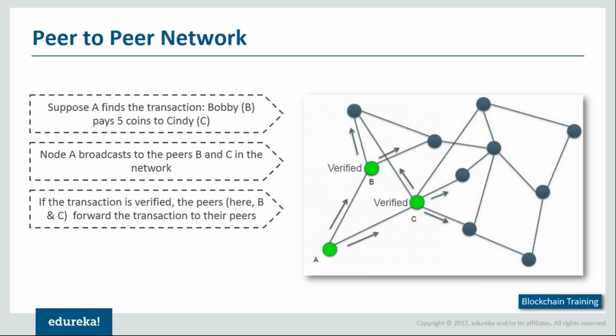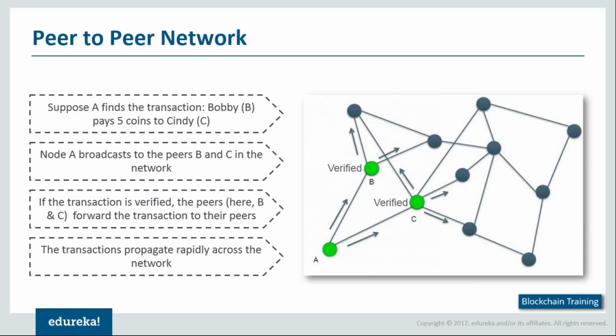Once Bobby and Cindy have got the green signal, they in turn will transmit this verification signal across to all the nodes that they are connected to. And this keeps getting propagated throughout the network. So this is one of the major factors that helps when you're part of a peer-to-peer network. You don't have to manually send it to every node. When you send it to one specific node, they'll keep propagating it to all the nodes that they're connected to. Okay, clear till here? Any questions with respect to the first two factors?